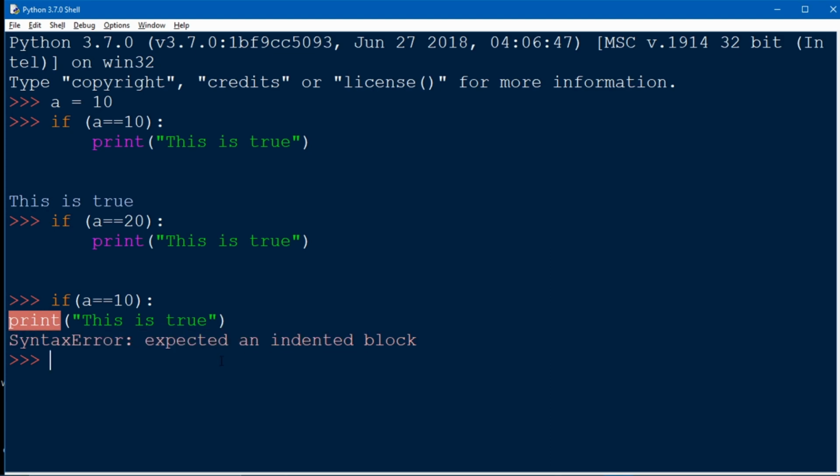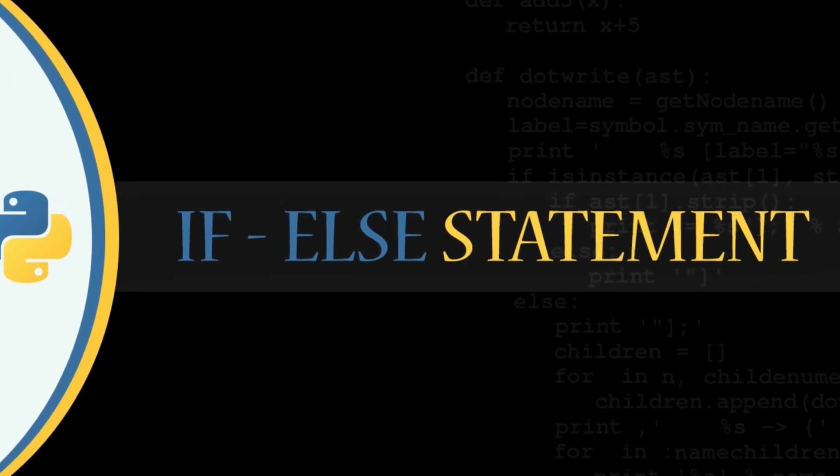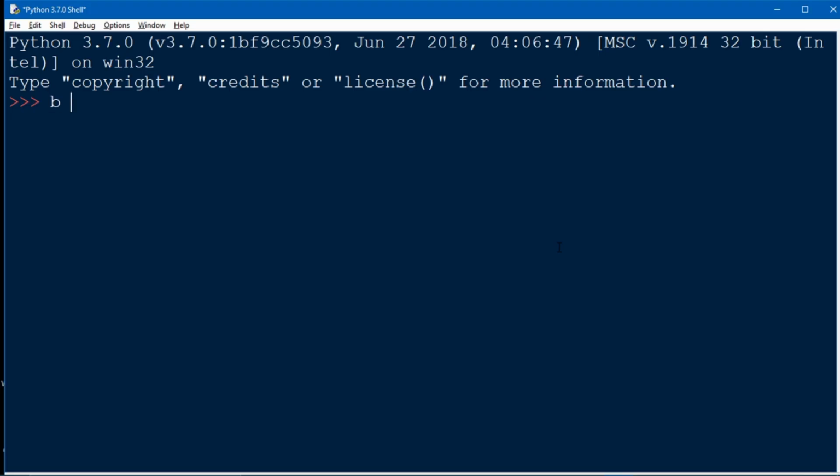Let's suppose we want some output even when my condition gets false. For that we will use the if else statement. Let me show you by one example. Let's take b is equal to 50. If b is equal to 100, then print "b is equal to 100", else it will print "condition not satisfied".